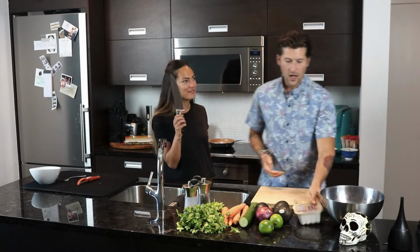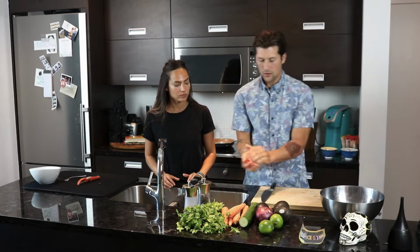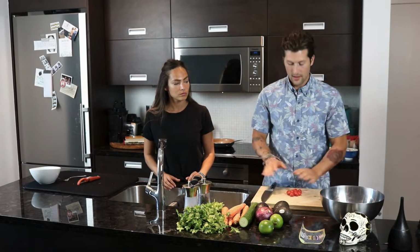First things first, I'm going to cut these tomatoes up. Now I've got these organic tomatoes here, these beautiful little tomatoes. And what I want to do is I don't want to eat these raw. So I'm gonna saute these for about 4 or 5 minutes, because when I saute them, they release this thing